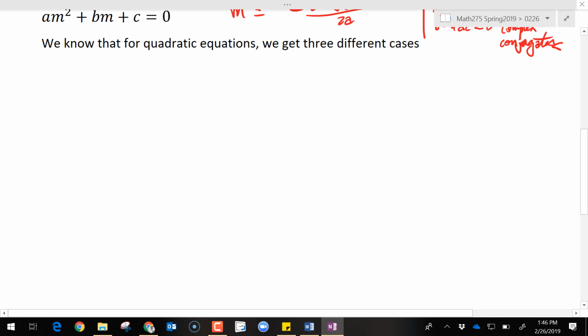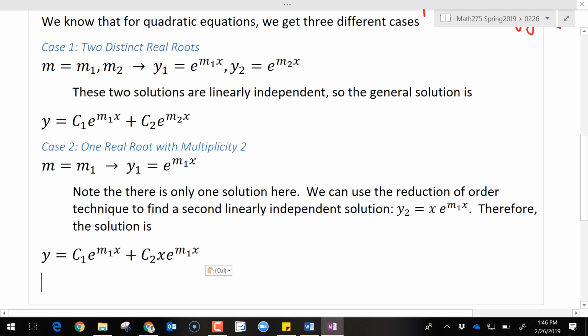Let's summarize the two cases here on this page, and then we'll take a look at the third case on the next page. So the first case, when b squared minus 4ac is bigger than 0, we have two distinct real roots, and we can see that we're going to have two fundamental solutions. And so the general solution is just going to be a linear combination of those fundamental solutions. When you only have one real root,